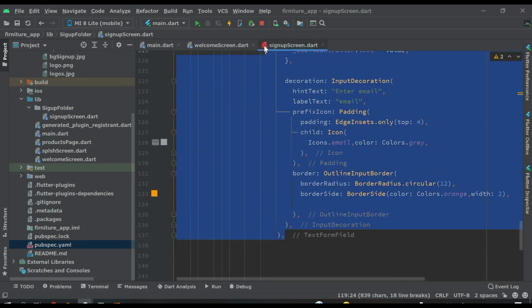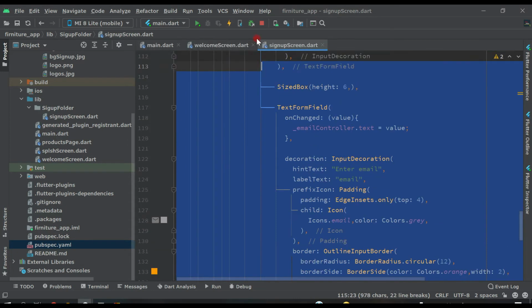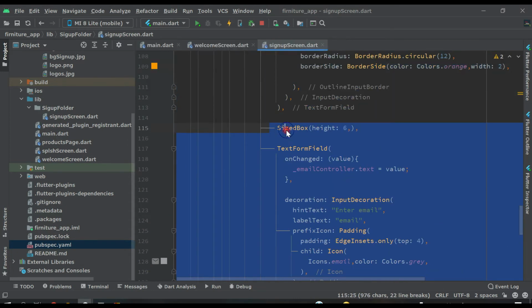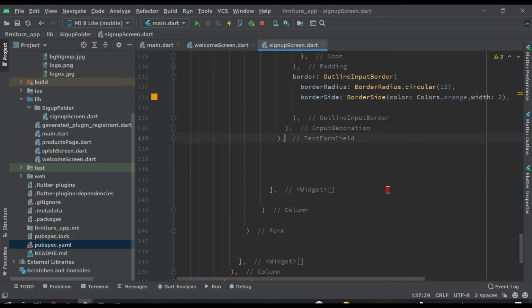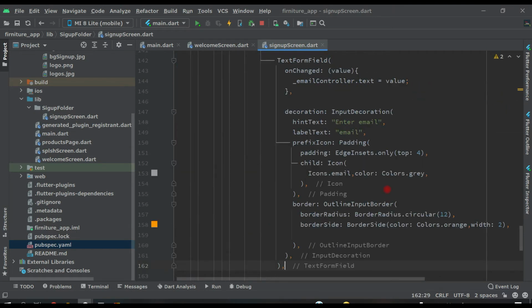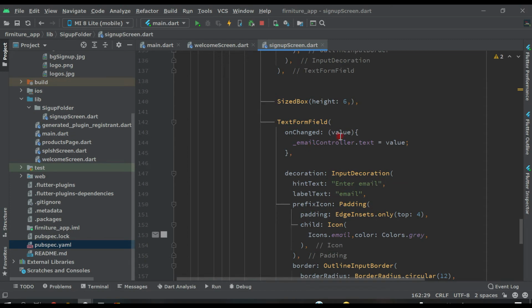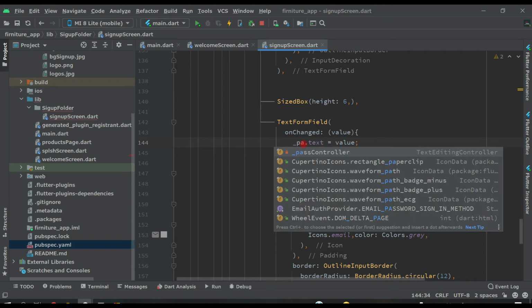So copy all these things again till this size box, copy, and come down here, and after this simply paste, and then change this underscore password,